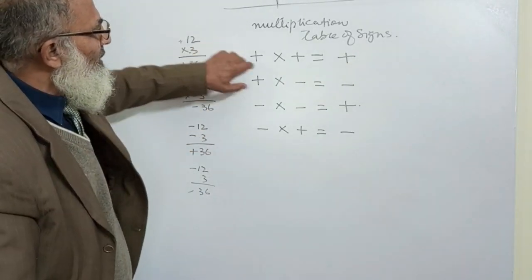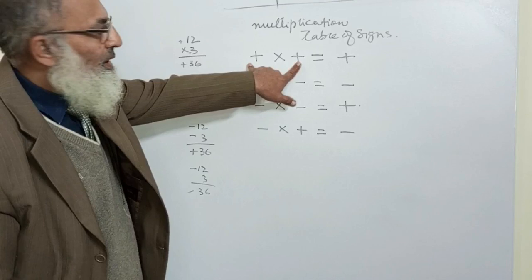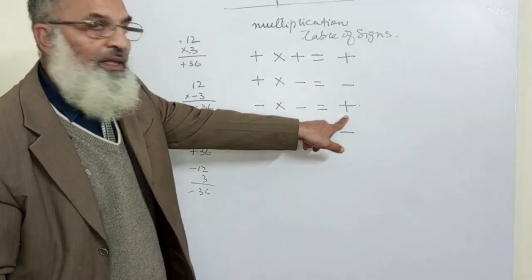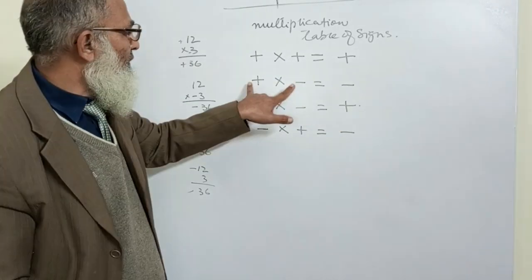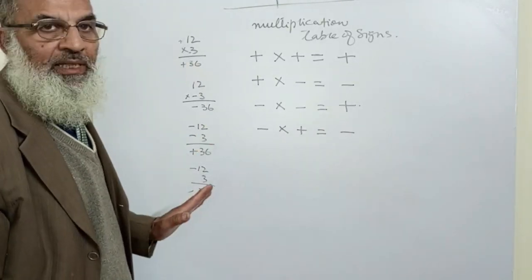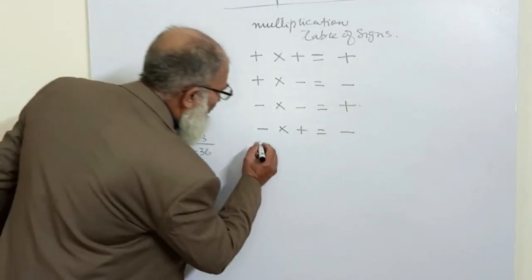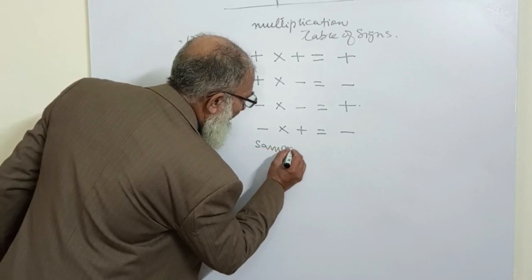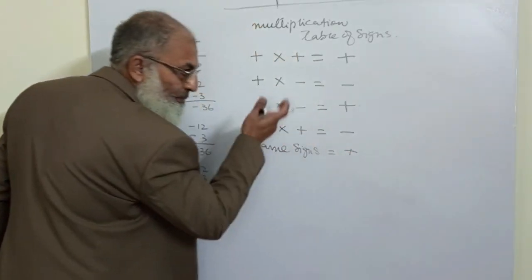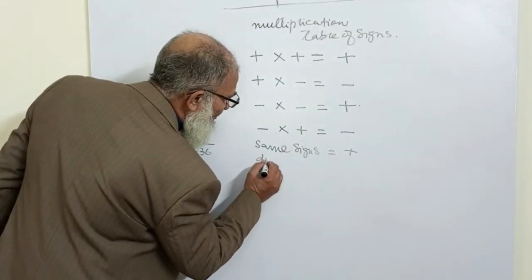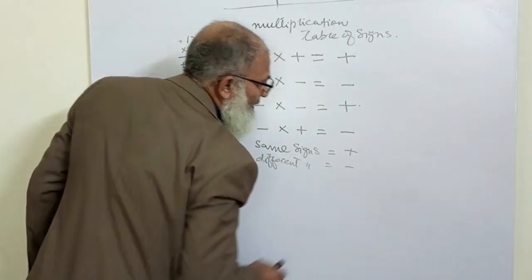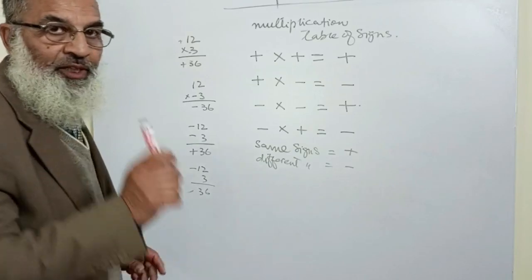You see, for the same signs, the outcome will always be positive. Same signs, the outcome is positive. For different signs, the outcome will be negative. This is the simple rule. Same signs, the outcome is positive if you multiply them, and different signs, it is negative. And there is one more table,